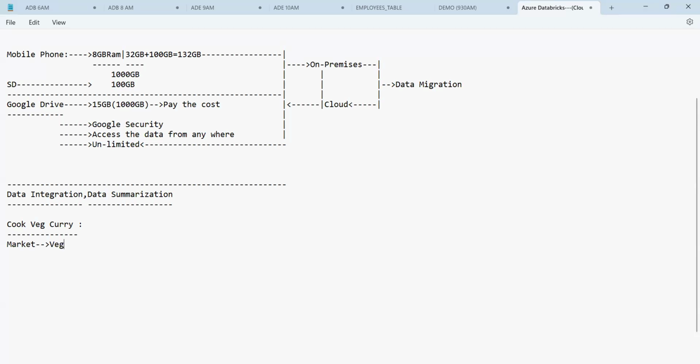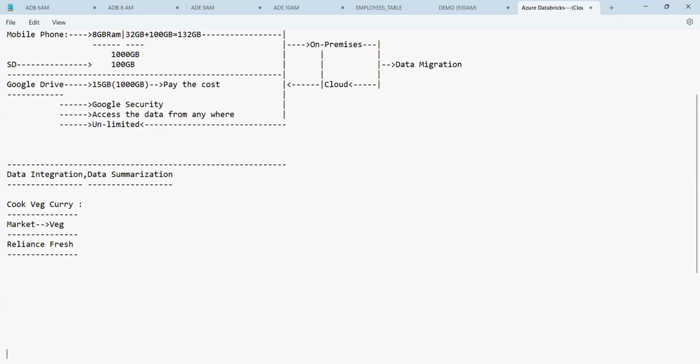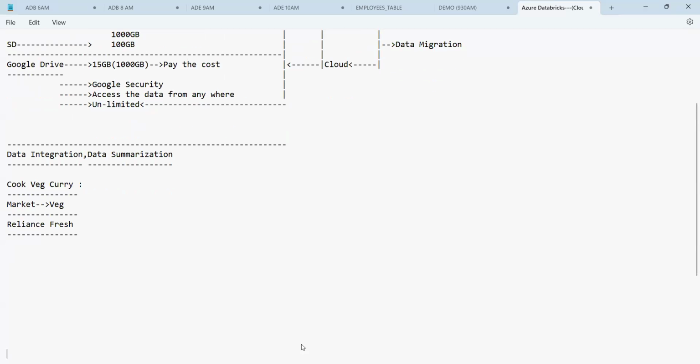Let us say you have been to a supermarket called Reliance Fresh. Whenever you go to the Reliance Fresh supermarket, tell me, how many types of vegetables will be available there? One or two or many, guys? Whenever you go to the supermarket, you'll have one or two or many vegetables available. So now